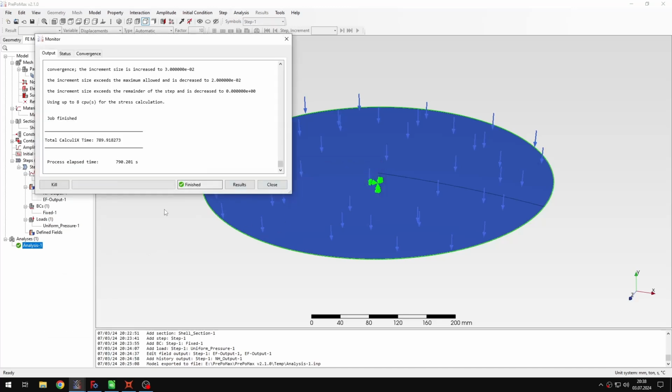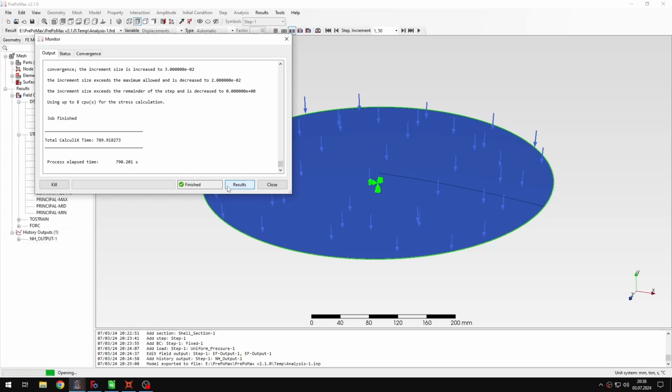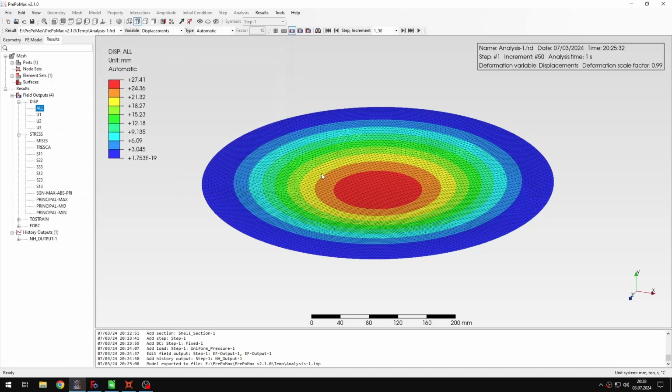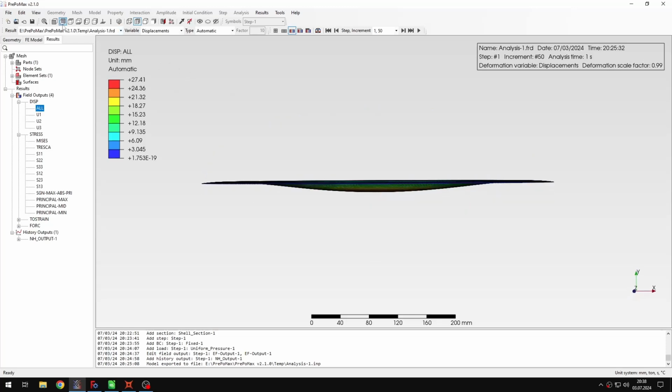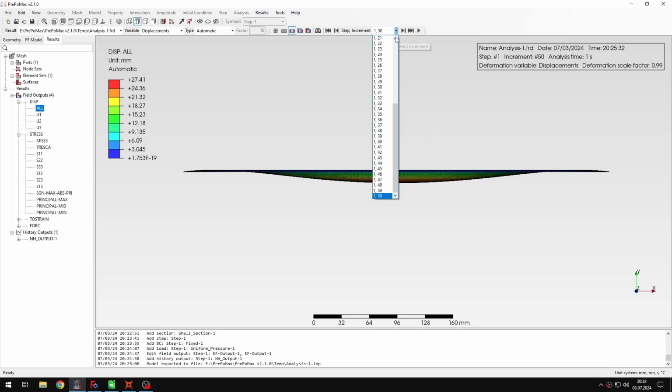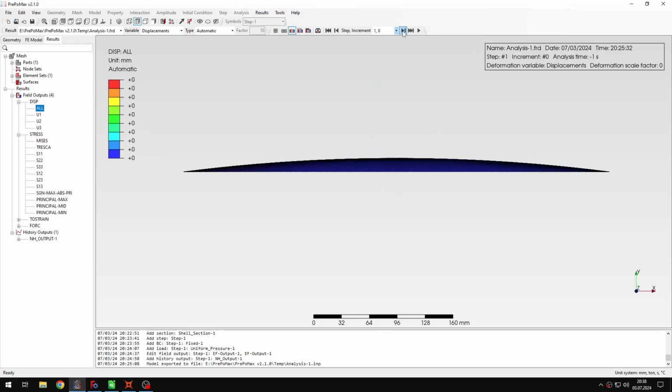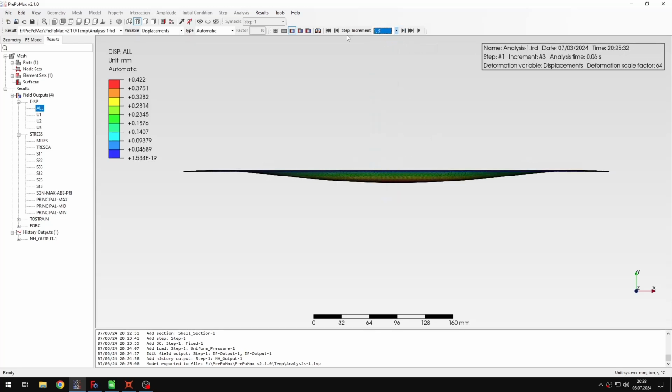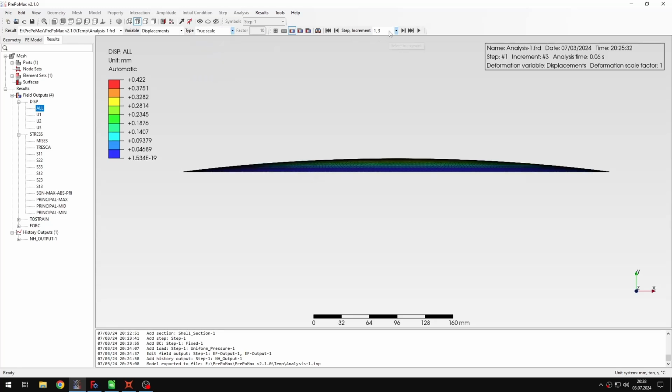The analysis is completed now, so let's check the results. Okay, let's take a closer look at the results. First of all, you can see the typical shape for snap-through, so let's have a look from this side. And now if we check various increments, let's just switch the scale factor, and maybe I can also hide the mesh, and now if you go through different increments, you can see